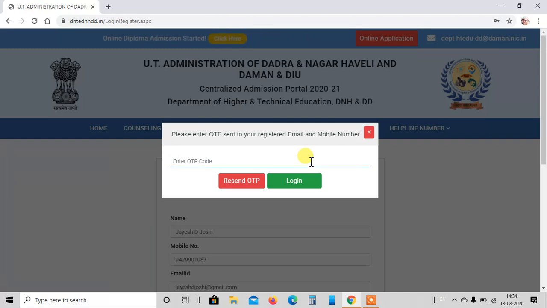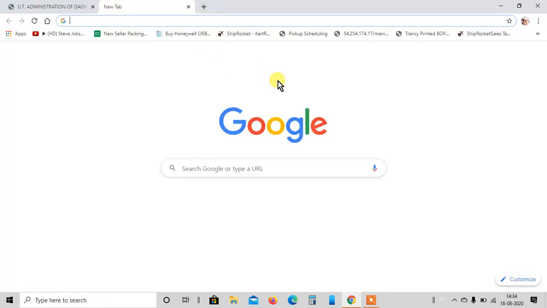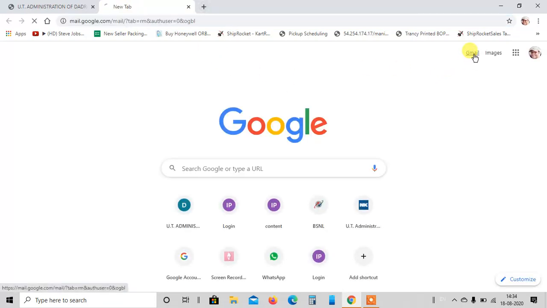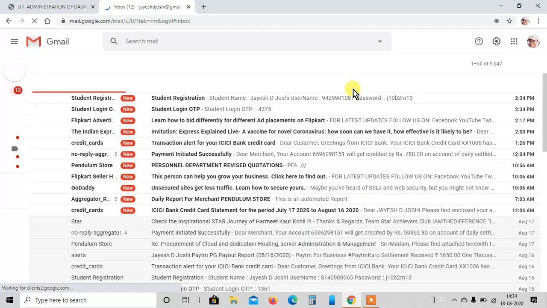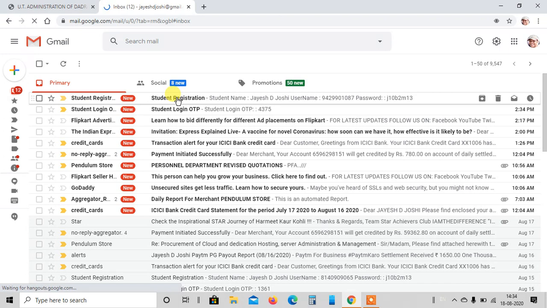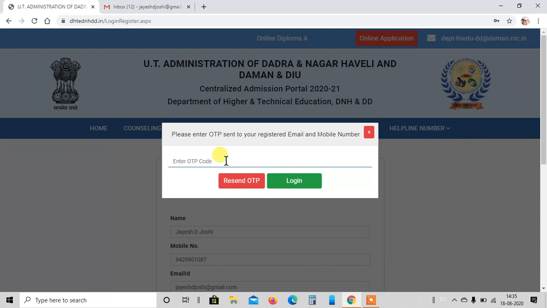If you don't get the OTP, please hit the resend button. You also get the OTP on your email ID, so if you don't get it on your mobile, you can also get it from the email ID. See, this is my OTP.